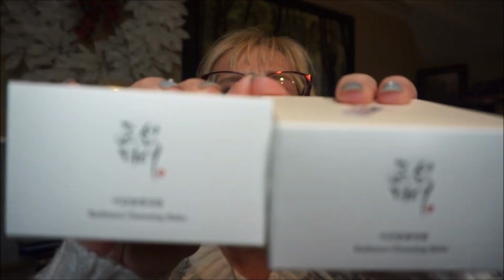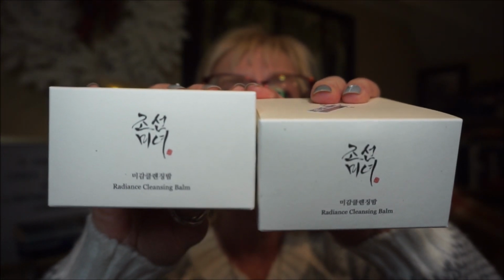I also decided to try the Beauty of Joseon. A lot of their products are quite popular, and this is the Beauty of Joseon cleansing balm. So this is 100 mils, so it's a little bit less than the Heimish, but this was buy one get one free. I'm just trying to think of the price. I think it was 12 or 13 also, or it might have been $14 each. I can't quite remember. But I've heard good things about this particular cleansing balm also,